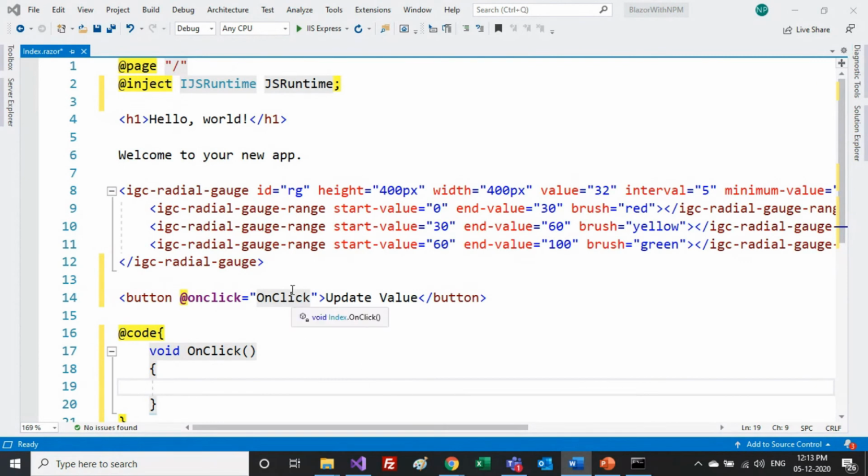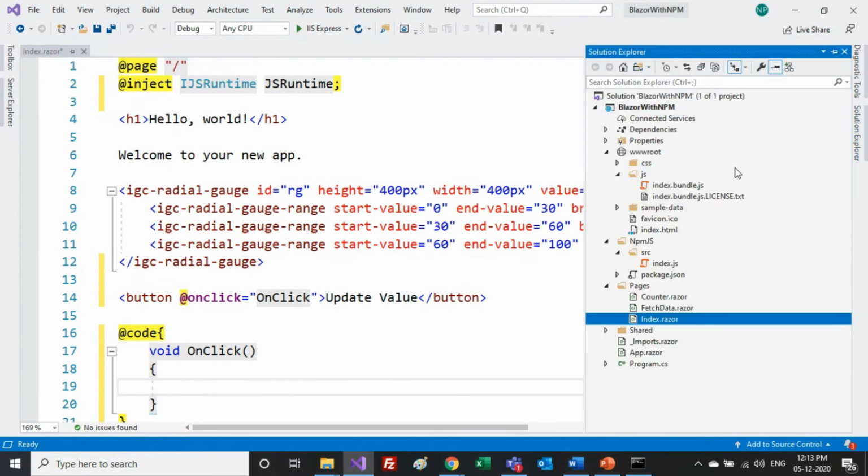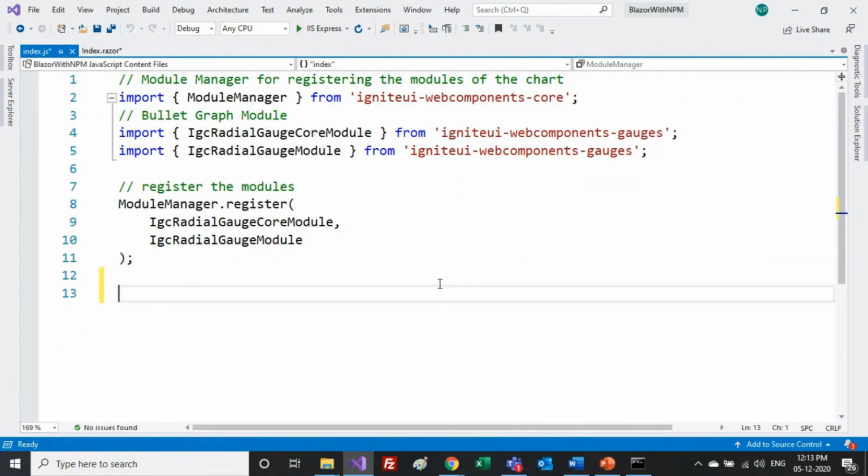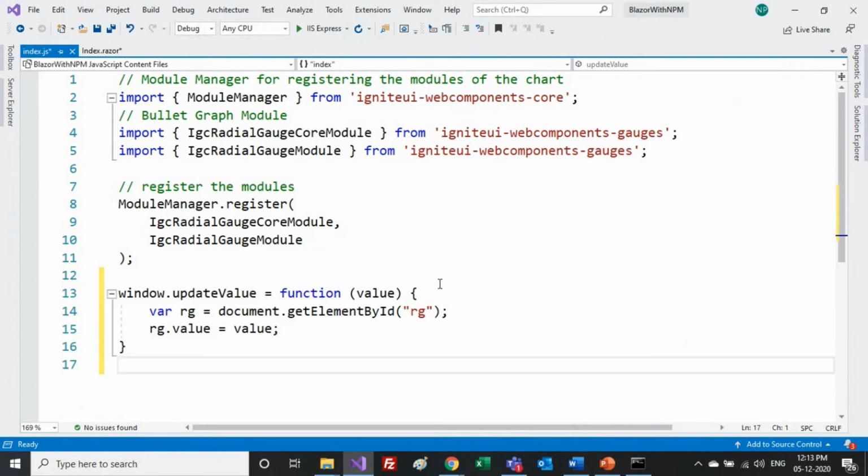Now where this function should be? As I mentioned earlier, we have this file where we can write all my business logic. This is the file index.js, and my webpack will automatically render it as a bundle and do the needful. So I just mentioned an event over here, which is simply window.update. Whenever my window is in its update mode, it will directly call this anonymous function with a specific value that will be provided by my event handler. So whenever this function is called, simply we can call this particular rg, and what will rg contain at runtime.